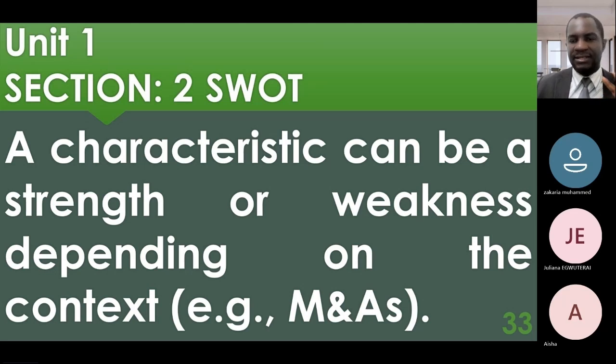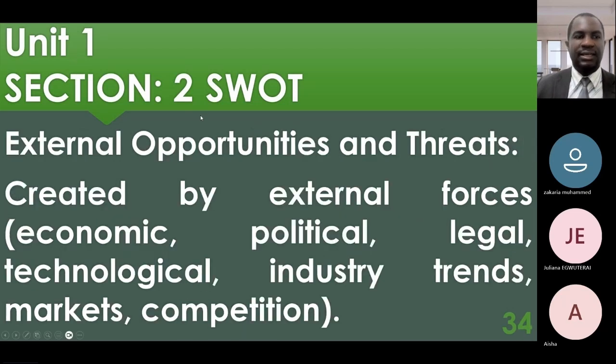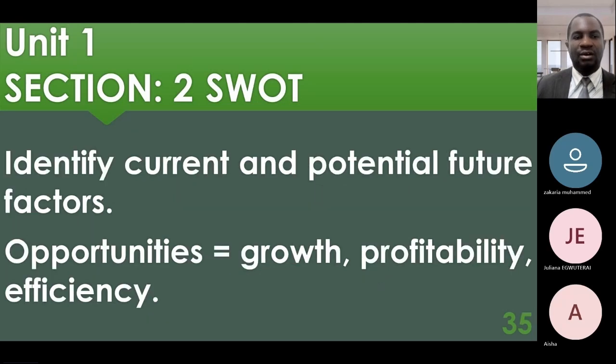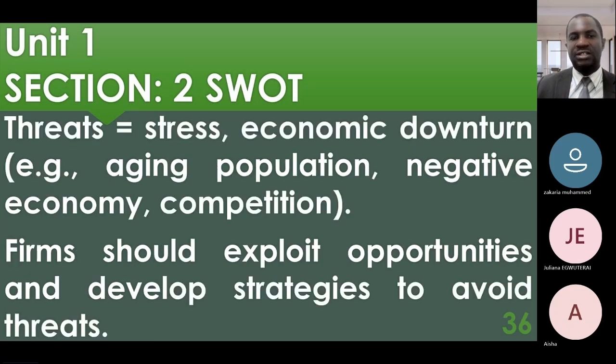So mergers and acquisitions are an example of strength and weakness harnessing in a business. Looking at external opportunities and threats, they are created by external forces, like we saw in PESTEL. So external opportunities and threats are looked at in the light of PESTEL. Identify current and potential future factors, and they speak to opportunities for growth, profitability, revenue, drive, and efficiency in